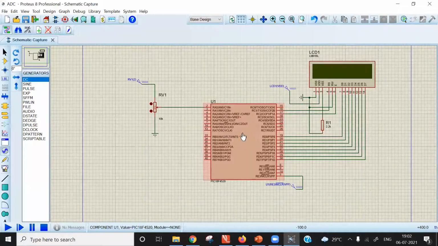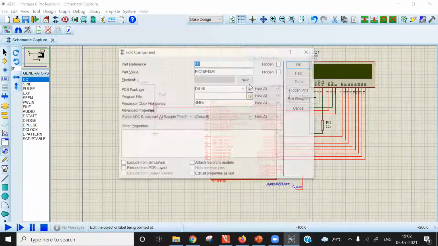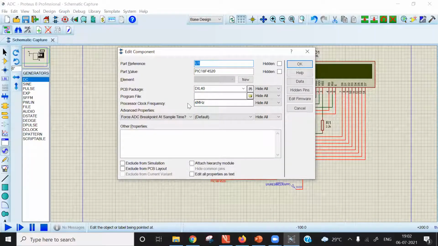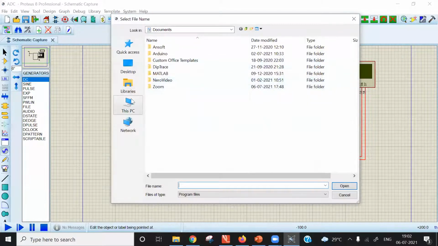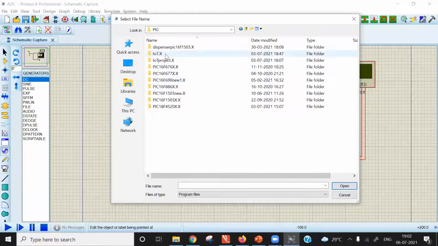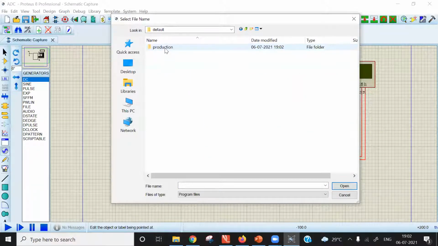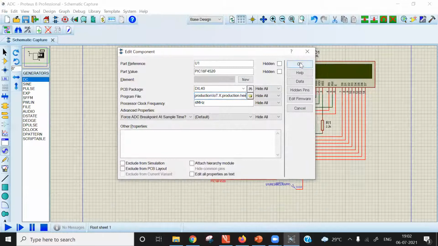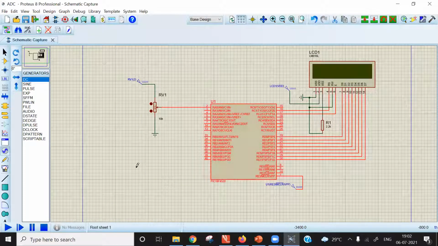Just click right on it, and 4 megahertz is the value. Select the program file, which is written in this folder. Select this hex file, click open, click OK. After that, just click on the play button, and the simulation will start.